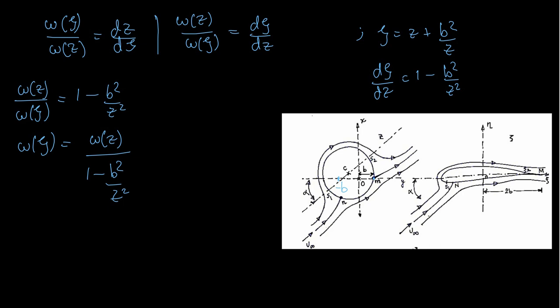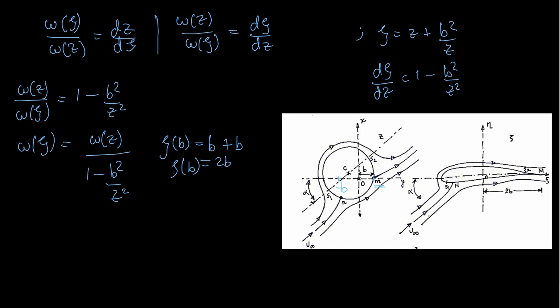So let's see how that is done. For example, if I calculate the value of zeta at b, it will be nothing but b plus b, which is 2b. That means the point m on the cylinder corresponds to the trailing edge of the airfoil, which is at a distance 2b from the origin, as described. We can verify this geometrically also.